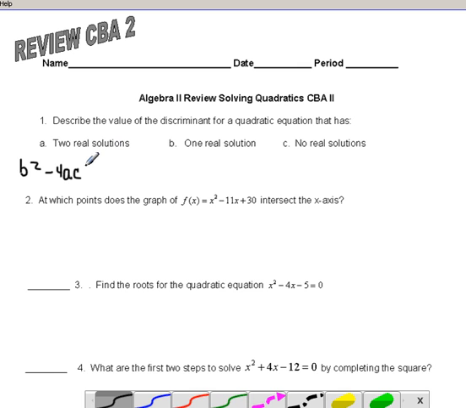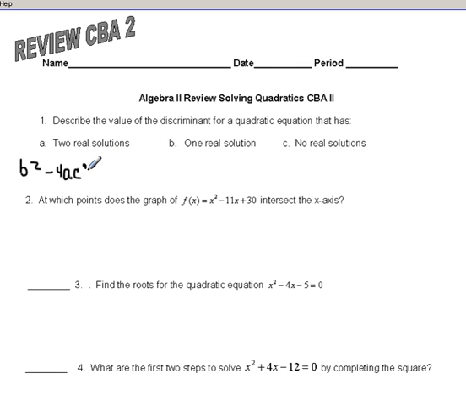So for 2 real solutions, it has to be greater than 0, which means it has to be positive. So that's a greater than sign right there. And then for 1 real solution, your b squared minus 4ac has to be equal to 0. And then for no real solutions, your b squared minus 4ac, there's only one thing left, has to be less